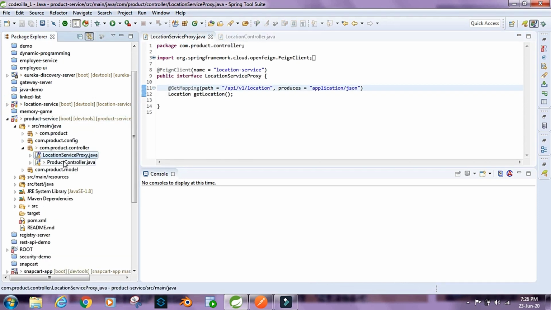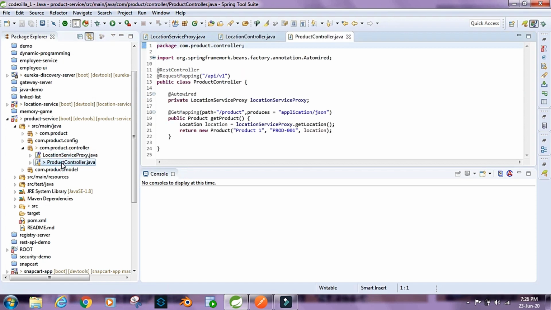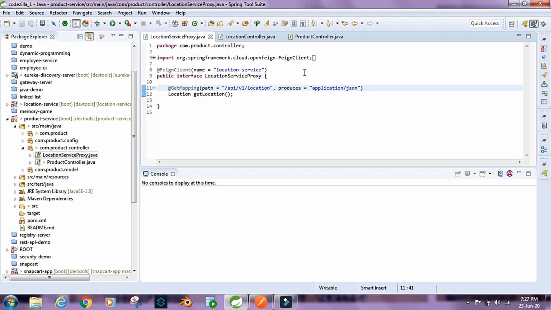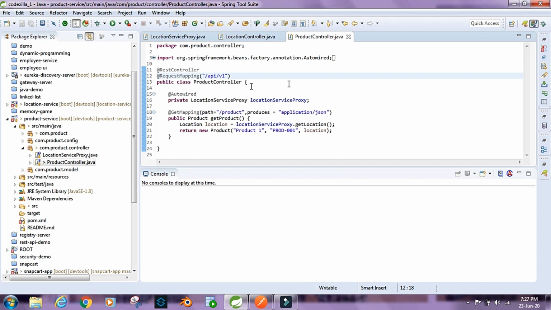And apart from that, we also have the product controller. So this is basically a REST controller, and we have this annotation on top of it. And apart from that, we have the RequestMapping annotation on top of this class, which has API slash v1 mentioned inside it. And we have the location service proxy autowired inside this controller class. So this is the location service proxy interface that we have created here, that we have defined here. And Spring is going to provide an implementation for this, and that implementation is going to be injected into this location service proxy, and we're going to use that to talk to the location service API,